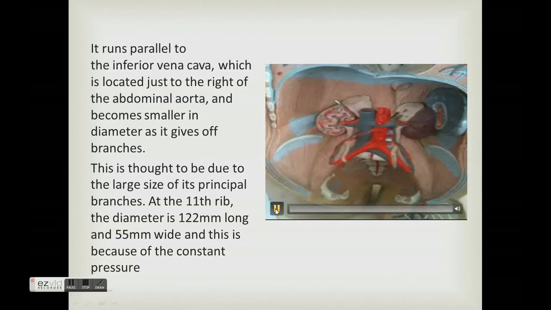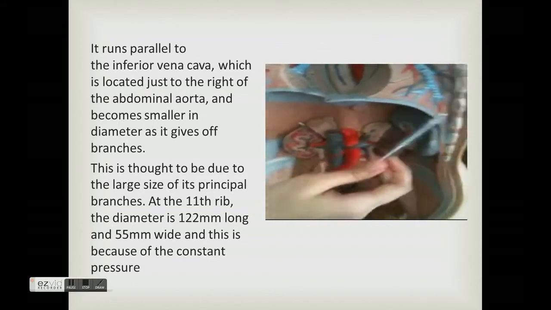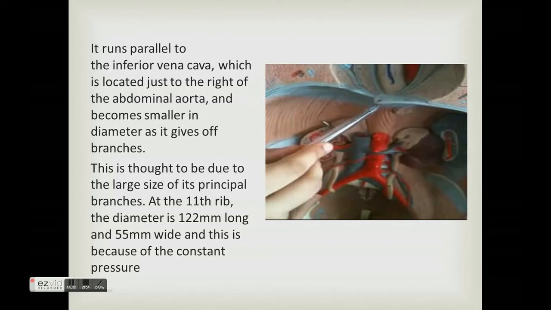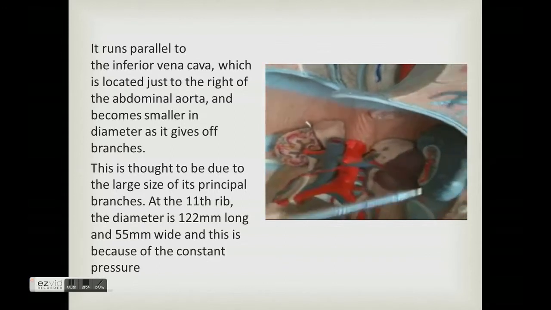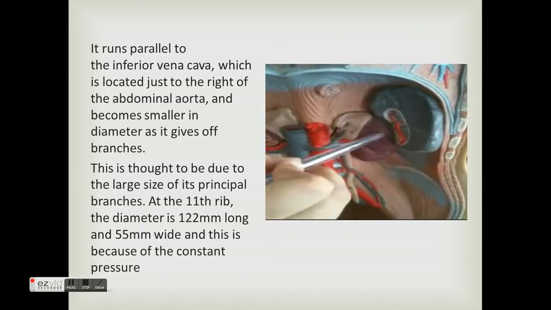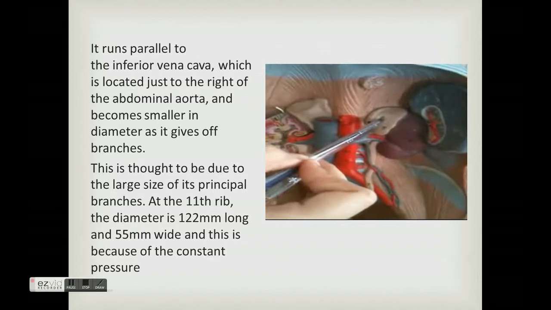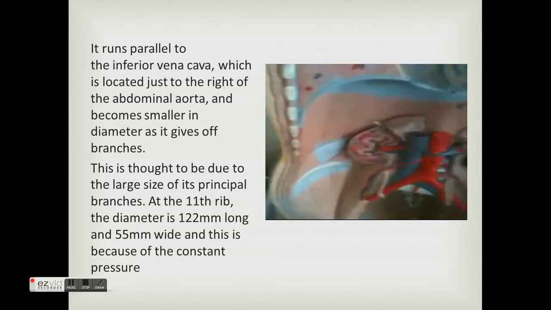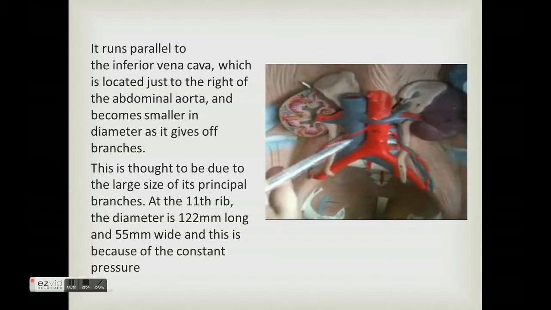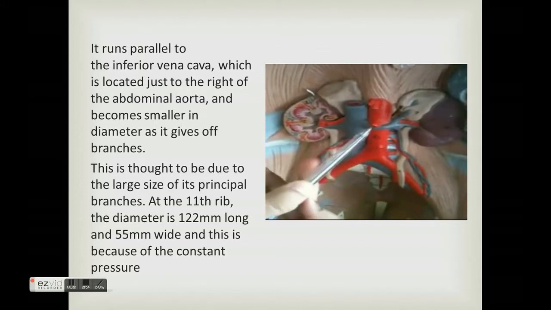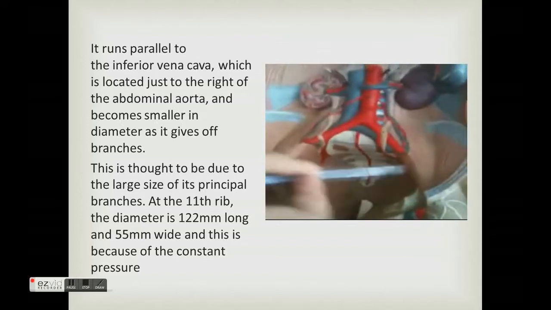Here we can see the video. Diaphragm, okay, the gray part in the middle is the central tendon of diaphragm, okay, abdominal part of esophagus, spleen, between spleen and kidney we have gastrosplenic ligament, left kidney, left suprarenal gland, renal vessels, okay, abdominal aorta, inferior vena cava, okay, iliac trunk, superior mesenteric artery, inferior mesenteric artery, median sacral artery, common iliac vessels, which are terminal branches,